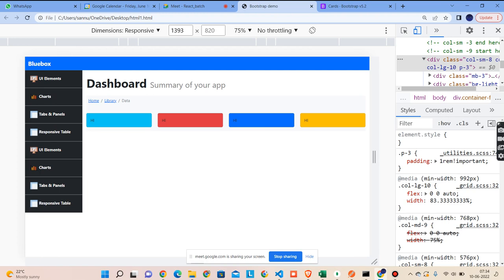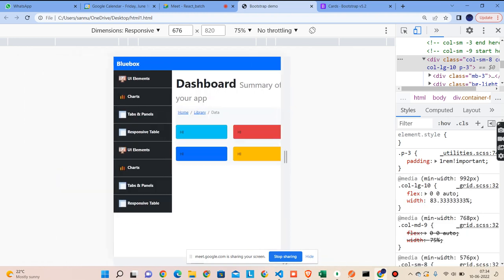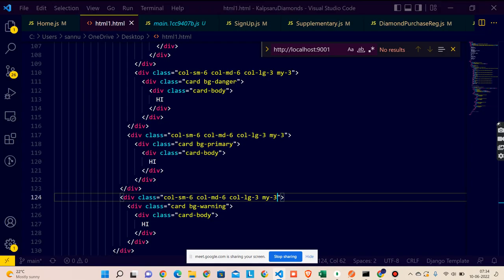So this becomes a fully responsive page. It's up to you. If you're not able to think that much, directly use the col-sm. If you think that in medium the design is breaking, so you can